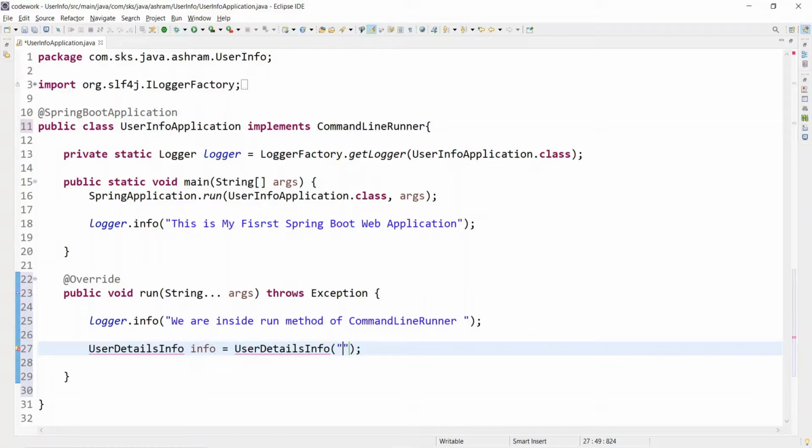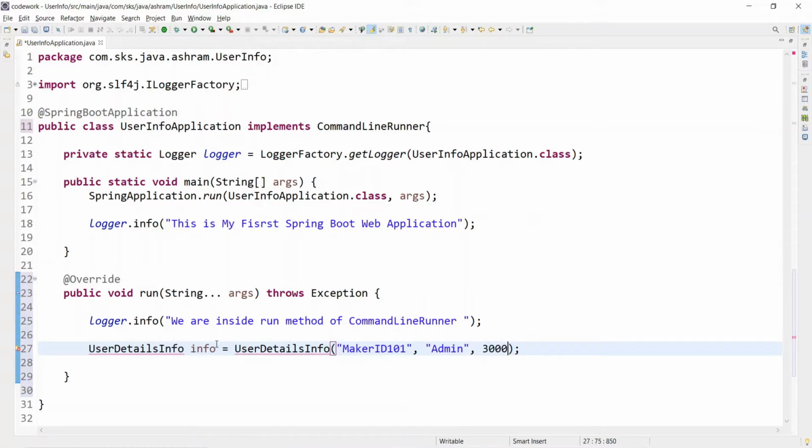So let's say the maker id, or the user id, that we want to store. Let's say maker id 101. So the maker id got stored over here, and the role. Suppose I am storing the admin role, right? And thereafter I am storing the amount the user may have. So let's store some amount over there. The amount we are passing is, let's say, 300 INR. This is an integer.